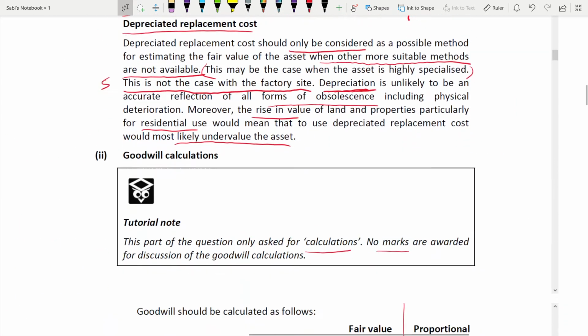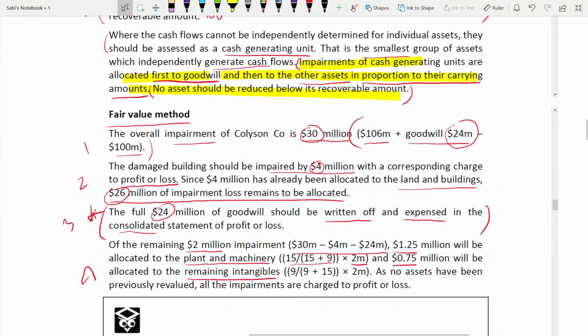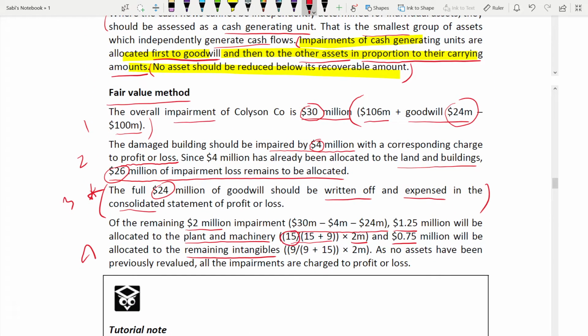Okay, if you see here again, it is 15 over the total, and here it is 9 over the total for intangibles. Multiply it by 2 because 2 is the remaining impairment. So out of this 2, it's like this, 1.25 and 0.75. But to get this, you have to do these workings, okay? These workings are required to get the ratios. And you have to write what you are going to do with the current assets. If it was not at recoverable amount, you would have to, but here it is at recoverable amount, so you don't have to deal